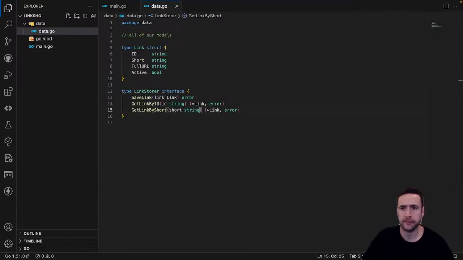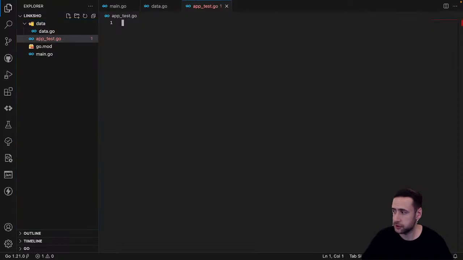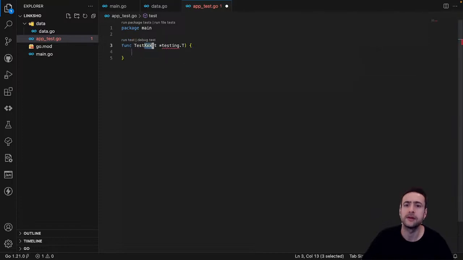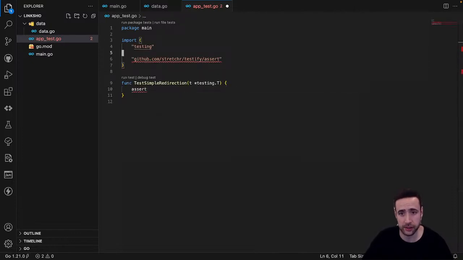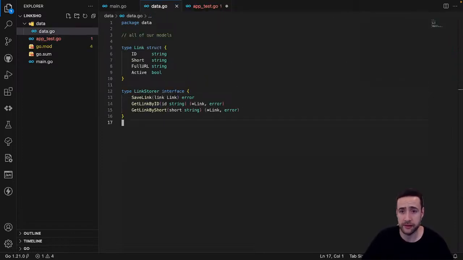Now, then we're gonna have a test. App tests.go. We're gonna create this, and then we're gonna create test simple redirection. Right? Now we're gonna need a assert, because I'm not writing tests manually. That's just not gonna happen. Boom. And we're also gonna need